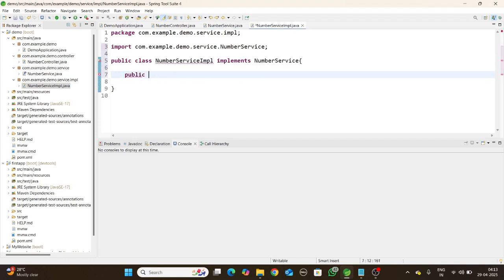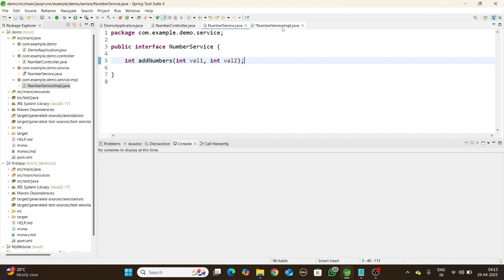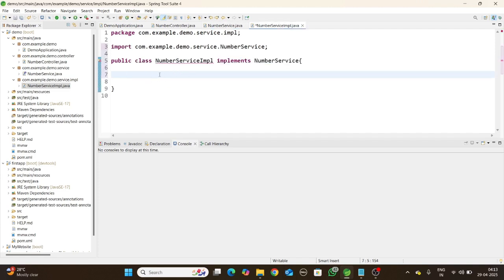Here we already have the add numbers method, and we have to give the body of this method. Obviously the method is overridden, so we have to use the override annotation here. Override, public int